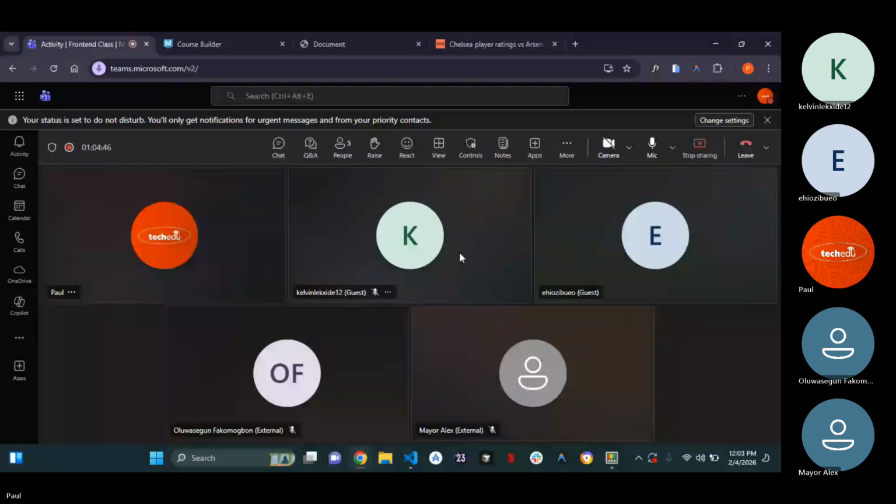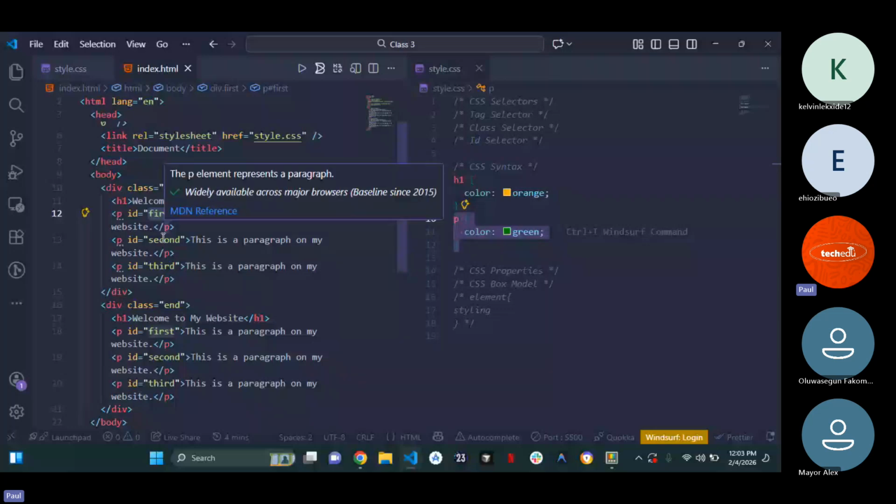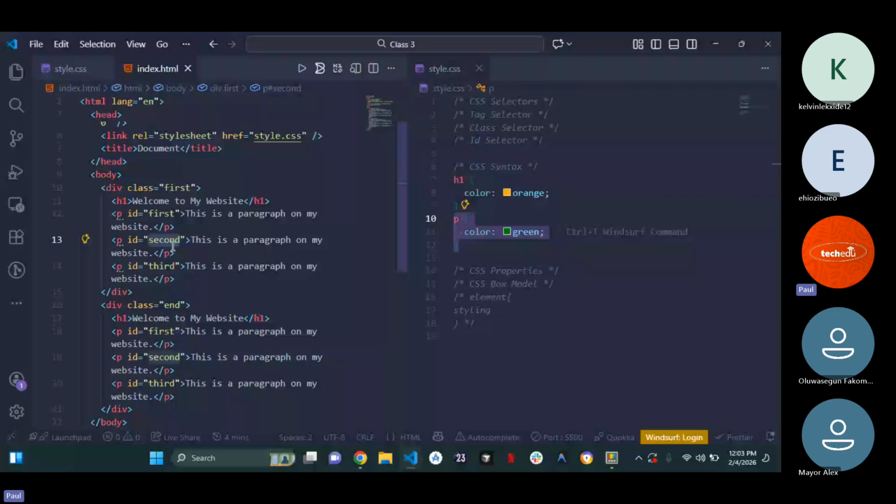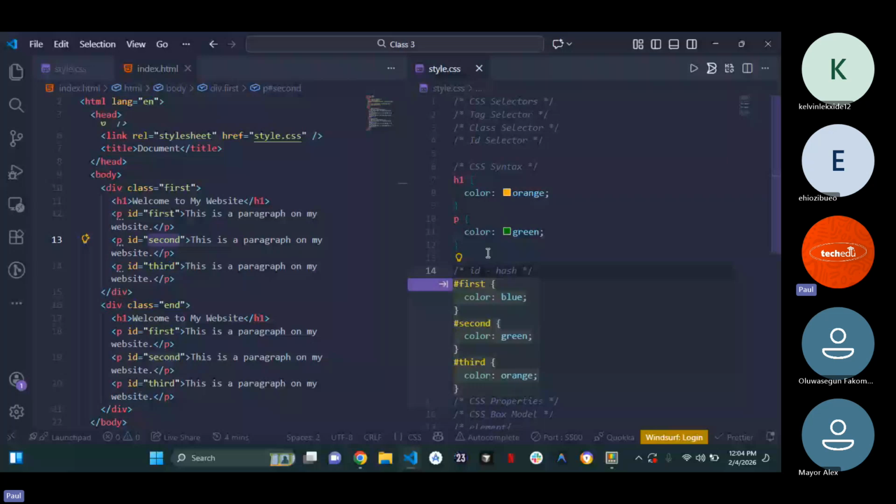Okay. So I can give this an ID of first, this an ID of second, and then I can style them differently so that they can have two separate stylings. Now, what am I saying? Note that to use your ID, you have to always precede it with a hash. That's your identity name, your ID with a hash. So I can now go ahead and say hash first,